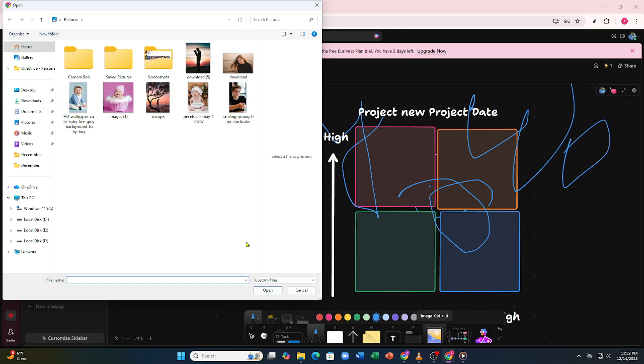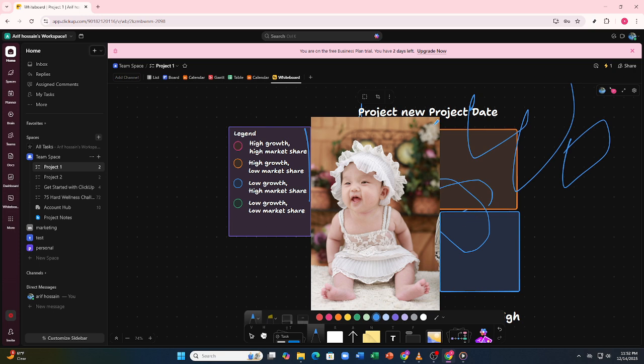Once your whiteboard is ready, you can keep it for ongoing planning or archive it when the project is complete. Everything stays saved in ClickUp, so you can come back anytime. And that's it. ClickUp whiteboards are a powerful way to visualize ideas, collaborate with your team, and turn concepts into